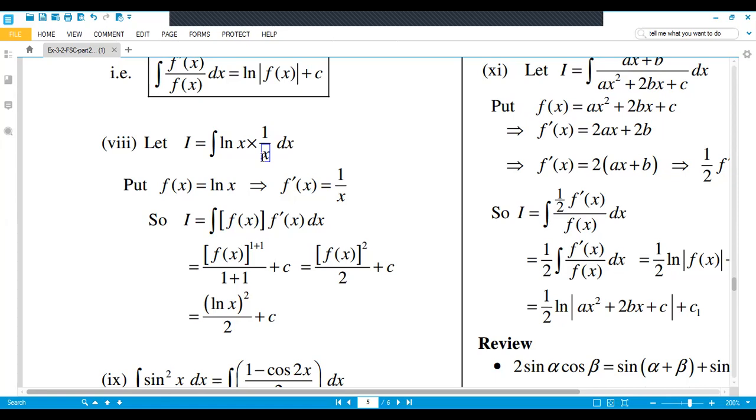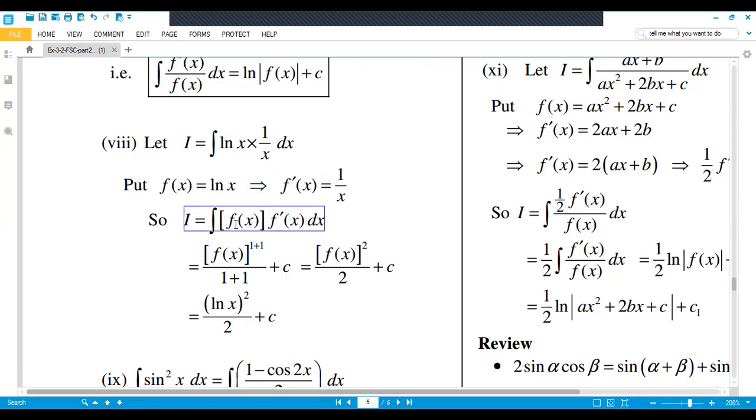That rule is mentioned in your book, page number 127. If the further derivative of any value is present in the product, then 1 will be added on the power and the same power will be divided. If you check in this question, look, natural log of x and the derivative of natural log of x is 1 over x. So if f of x is natural log of x, then f prime of x is 1 over x, its first derivative.